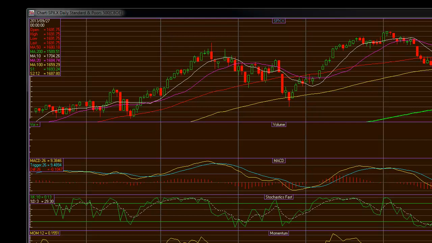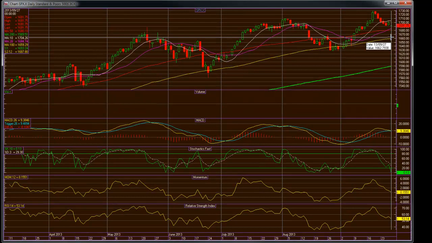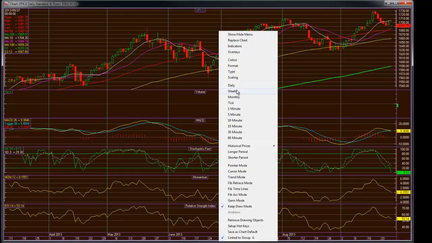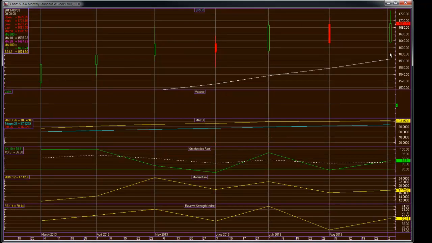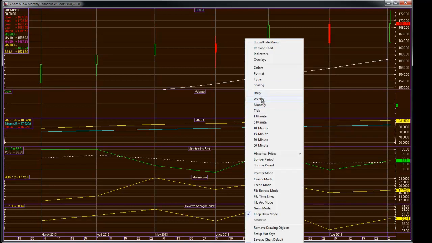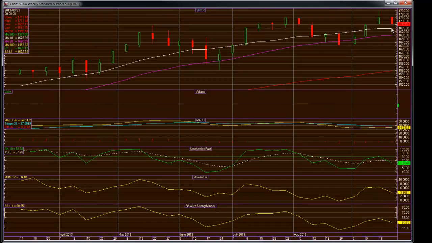So there are a couple of components. One is the government. The other one is the earnings season. We have to separate the two, and the trade management has to be separated in two parts. Once again, looking lower where a buying opportunity would happen at the 100-day simple moving average on the SPX. Using the monthly chart, we can see where the highs were up here at 1730. We can see down here that the 10-day monthly moving average is at 1585. But when we look at the 10-week moving average, that's going to come down and test that 1680, slightly below